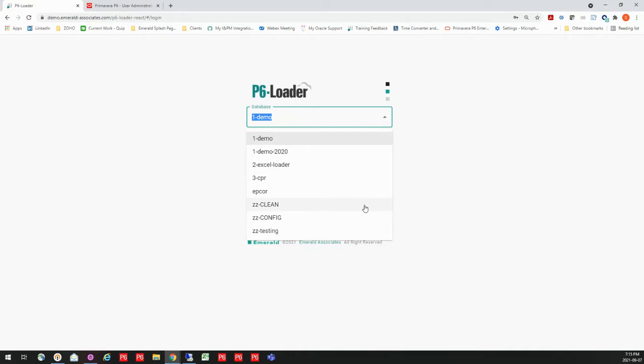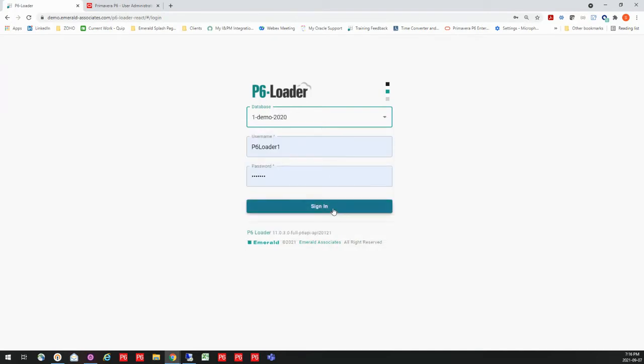So this allows you to, in the case of my first example that I will show you, take from one database and load it into another, if that's what you need to do. Or if you just have several databases that you're working with, we can actually handle that with one version of this piece of P6-Loader. So I'm just going to go ahead and sign in,